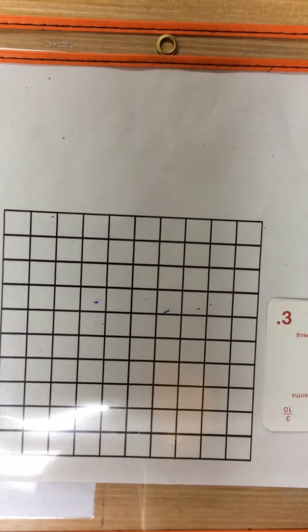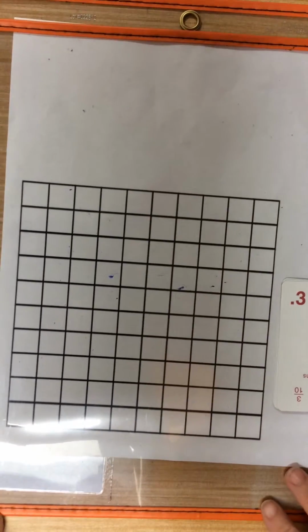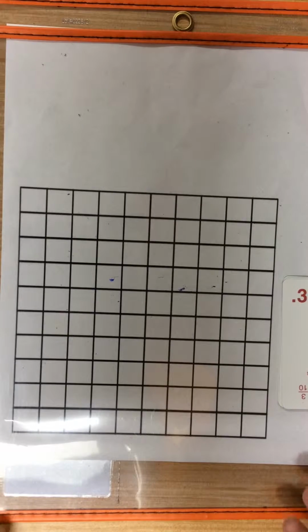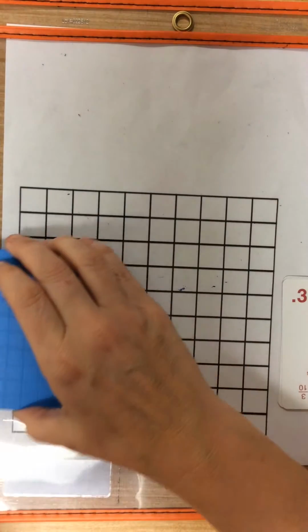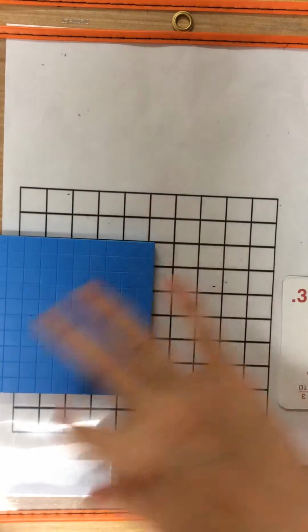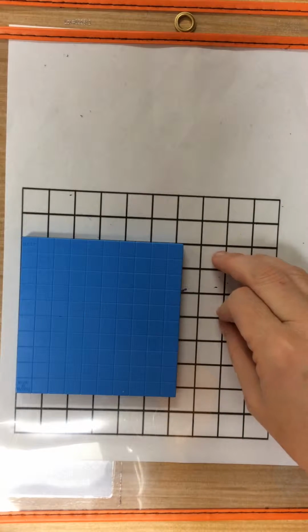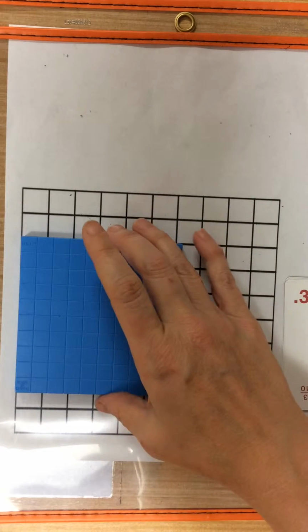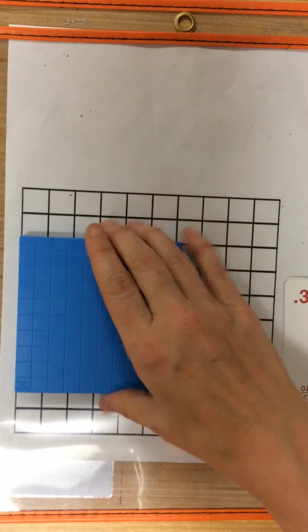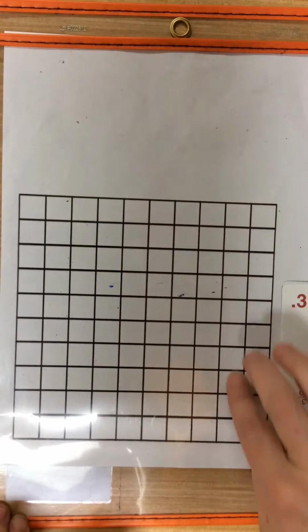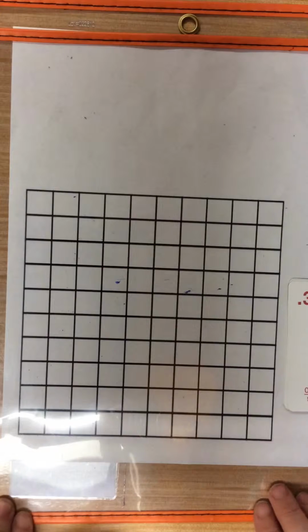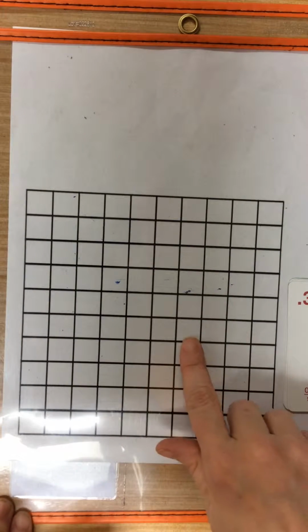Okay, so we've been learning all about how to represent our decimals and how to explain what a decimal is through a picture. We know that this is a lot like our base 10 unit, which has 100 units. This is 100 units, and we talked about before that we're going to let this represent the number 1. Well, this is just a paper version of that. So this is a square with 100 units, and we're going to say that this square represents